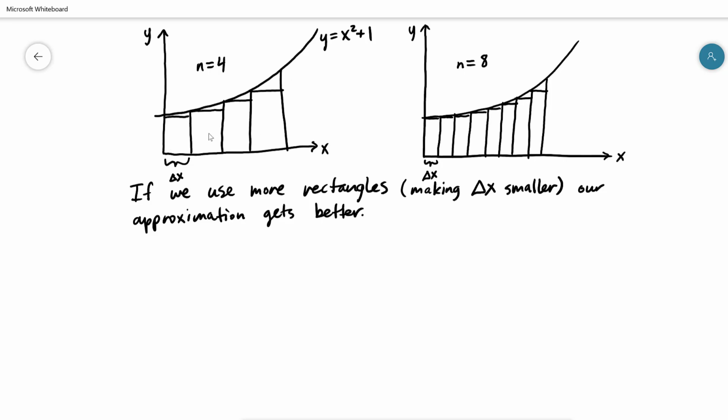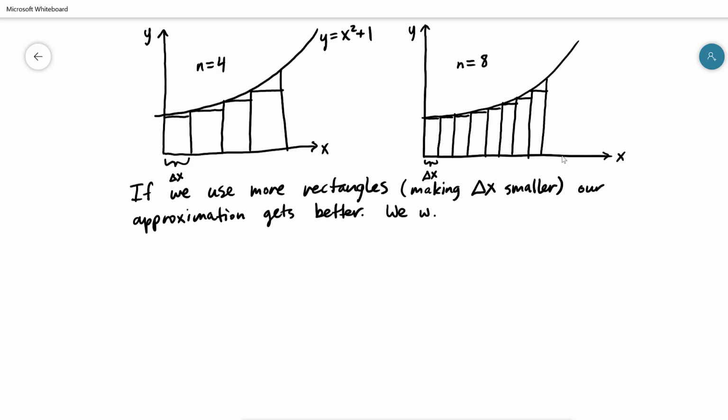So you'll do some, again, on the homework where you use 4 rectangles or something like that, but the long-term goal is to say, what if we use an infinite number of rectangles? Instead of just using a finite number, if I let this width go to 0, and I let the number of rectangles that we use go to infinity, so if I take this interval and I chop it up into an infinite number of pieces, our approximation will become exact. So